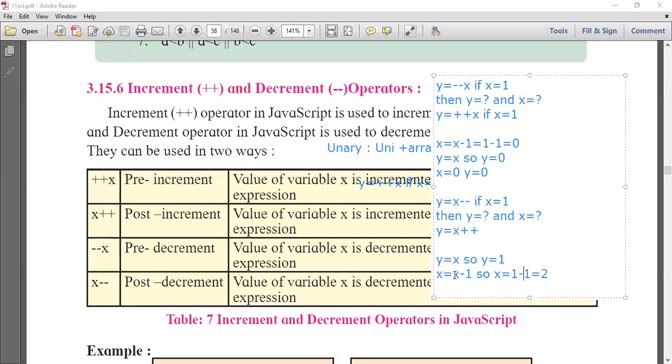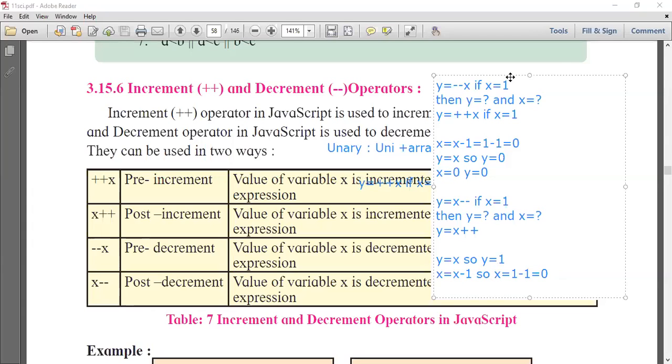When you substitute the value of x, that is 1, then you will get 1 minus 1, that is 0. So y is equal to 1 and x is equal to 0. This is the right answer. Good.